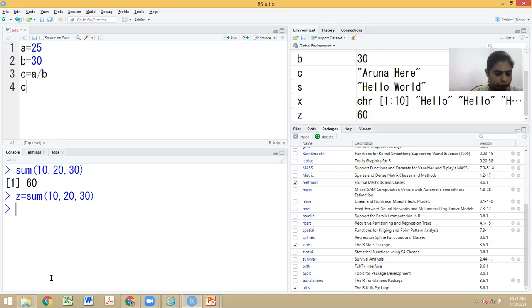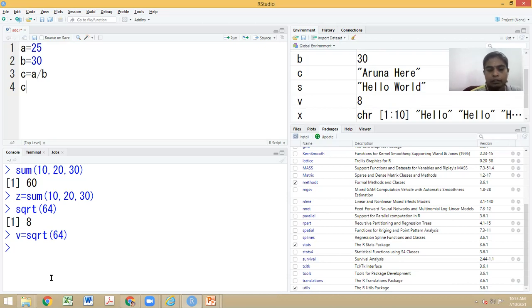Now, let's see one more function also. sqrt. sqrt is nothing but square root, right? Square root of 64. So the square root of 64 is 8, right? You can assign the end result of the function to a variable. So square root is a library function which takes input. That input value is 64. What is the process happening here? Square root. And what is your output? Output is 8. And where is it stored? It is stored in b.